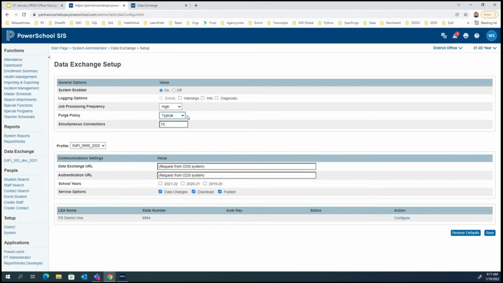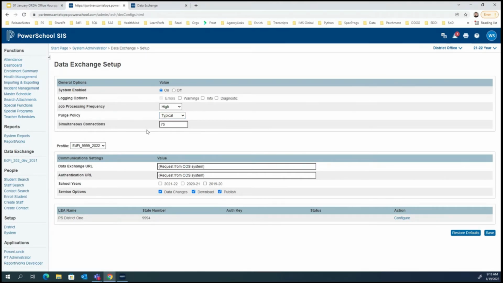So there's a cleanup that usually happens about every 5 days or so, and there's not apparently a huge range, is my understanding, between seldom and aggressive. But the aggressive setting would keep the fewest number of records or days. Again, there's not a huge range, so we're just going to go with typical for right now, and you could change that. It probably wouldn't hurt anything, but that's just what we're going to pick.